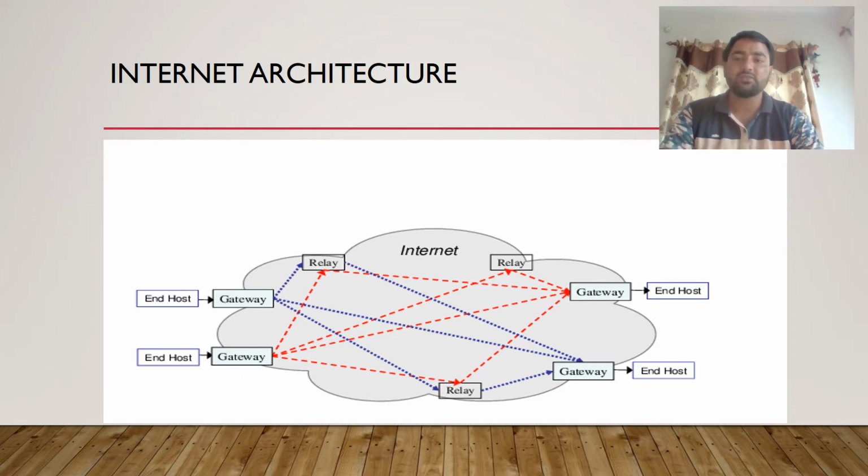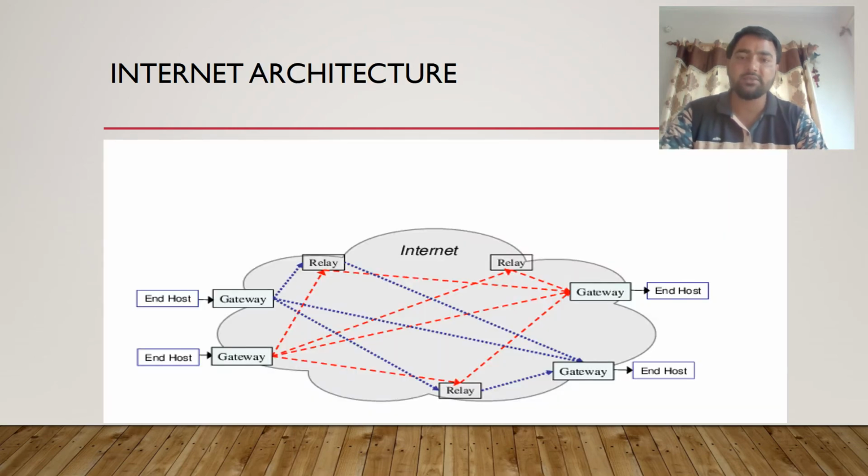devices. So the end host uses the gateway to transport the messages or information to the different users. Then a relay, these are the different routers that are used to transfer the data from one router to another router so as to reach the destination. That means they are defining a path from the sender to the receiver, and in the same way the end host will be receiving the message through the gateway, and then the actual message will be obtained by the user.